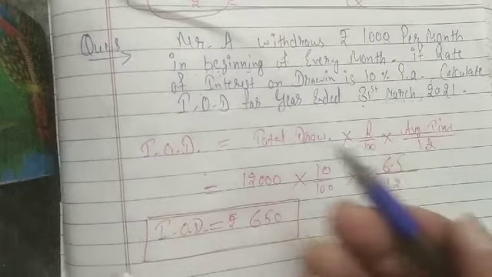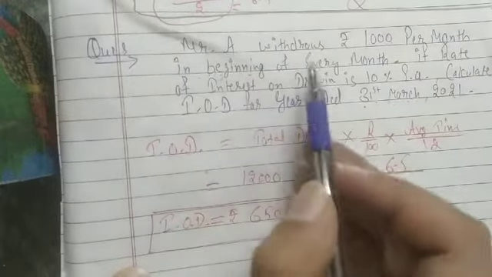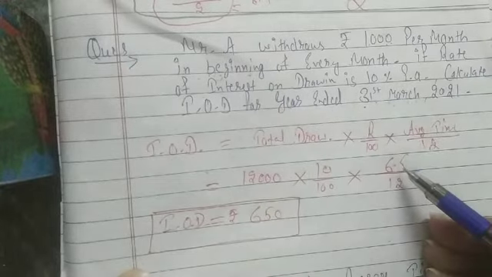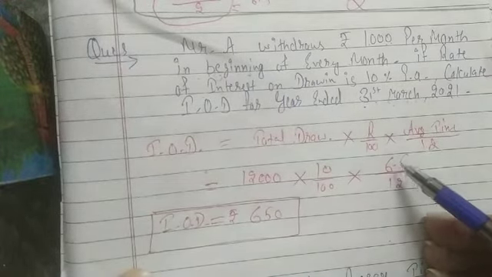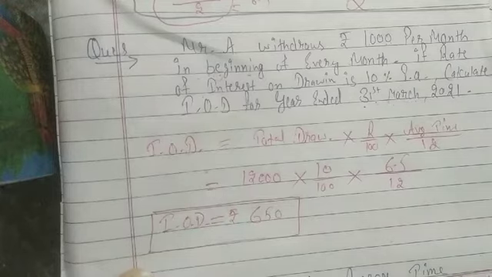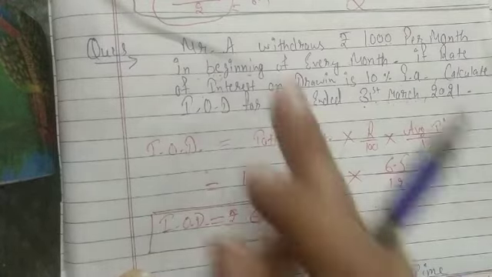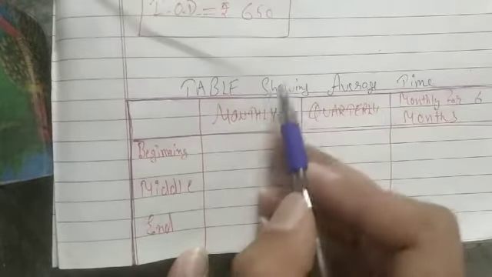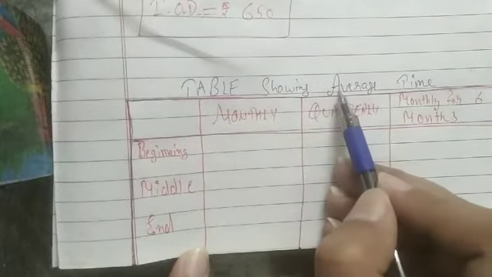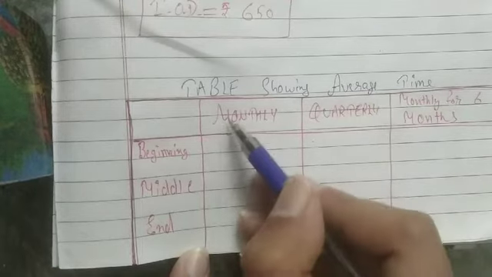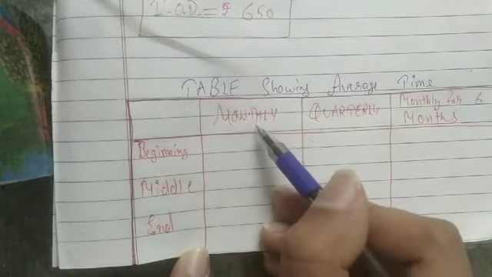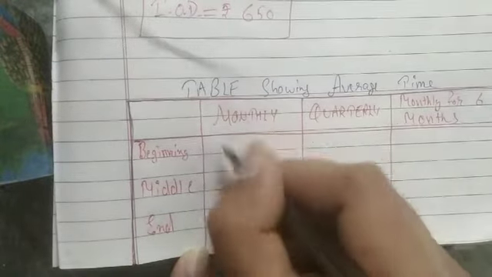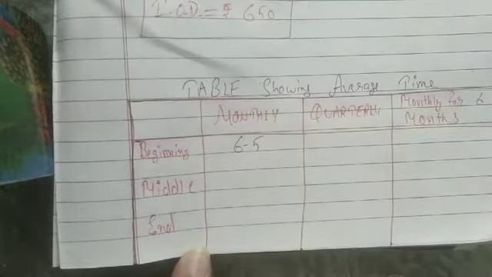So students, we have learnt when he is withdrawing every month in the beginning, so we calculated average time 6.5 months. So what are other various possible cases of regular drawings? I have mentioned in a table. In case of regular drawings, how to calculate average time. Now he may have made monthly drawings in the beginning as we discussed in the previous example. So that will be average time 6.5 months.